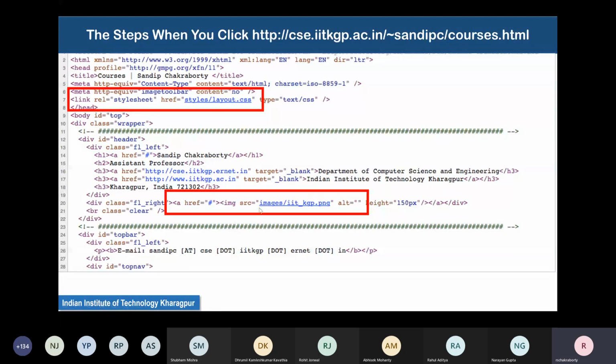Now, it also uses an image. This web page needs an image. The source of the image is iitkgp.png. This file is required. This is probably the logo of IIT Kharagpur. This can be obtained under the directory ~sandipc/images. So you see, it gives relative paths corresponding to the same folder where the HTML file